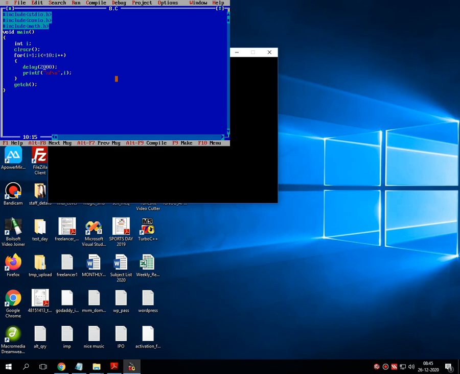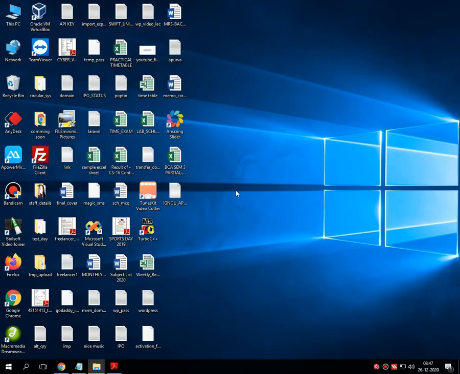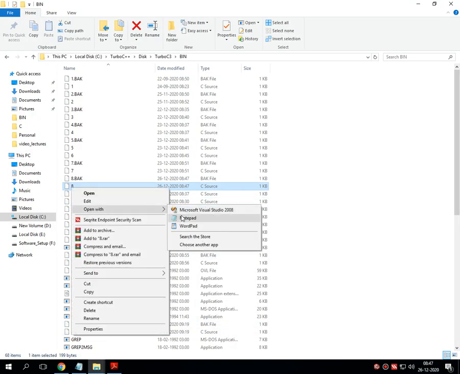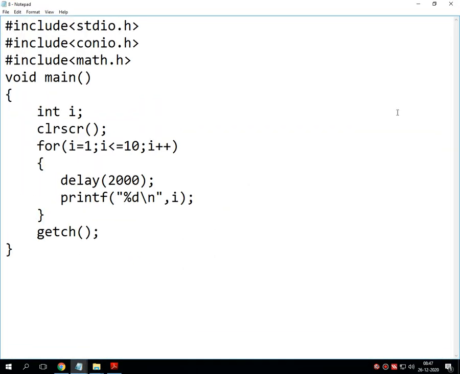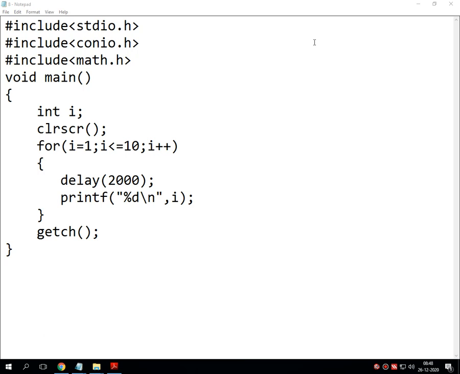Let's see this code in Notepad for better visibility. Just note down the definition. Write a program to demonstrate the use of delay function. Again I am repeating my words.